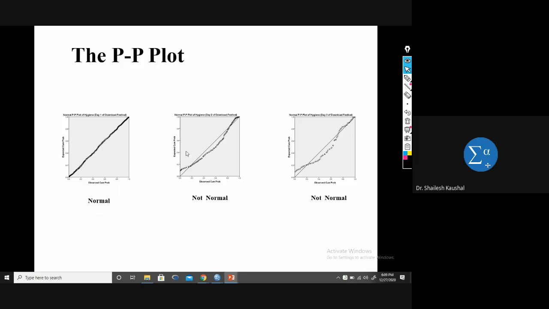Second way to find whether our data is normally distributed or not, that is the PP plot. So through the PP plot, we can find whether our data is normally distributed or not. In the PP plot you can see the diagonal line here. All the observations lie on this diagonal. If all the observations lie on this diagonal, then our data is normal. And if it deviates from this diagonal, so